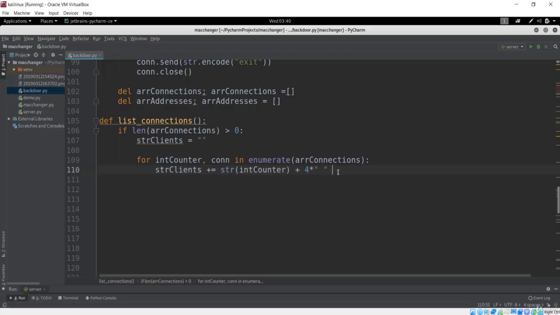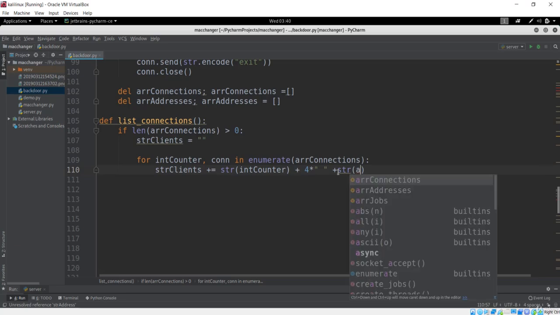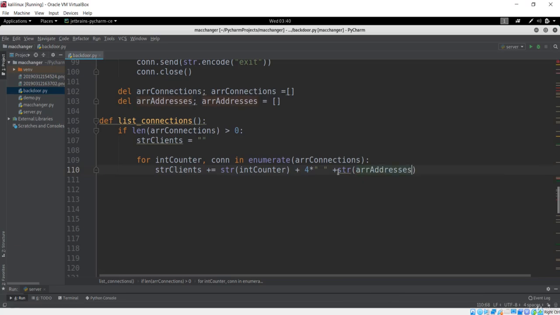The next thing is I want to get the information of the addresses, which will be the IP addresses of that machine. Okay, it is array addresses, not IP. It is array addresses, or basically these are the client IP addresses. But if you see in this array addresses, there will be 2 addresses, something like the server and the client, but we want only the client, because in the list connection we don't want the server IP address, we want only the client IP address.